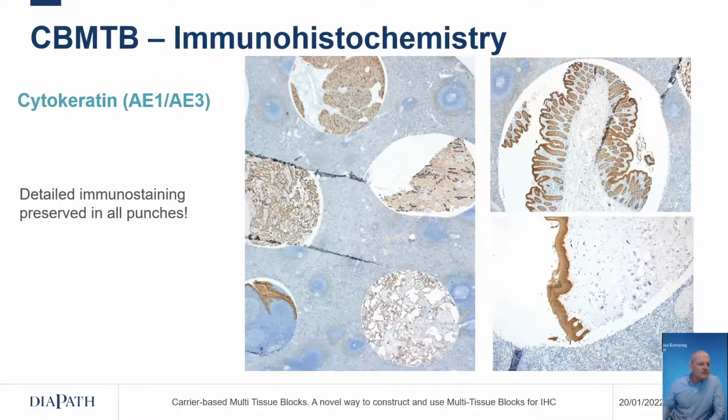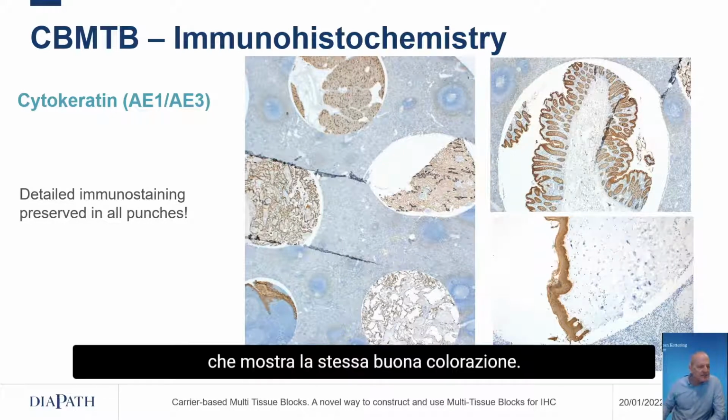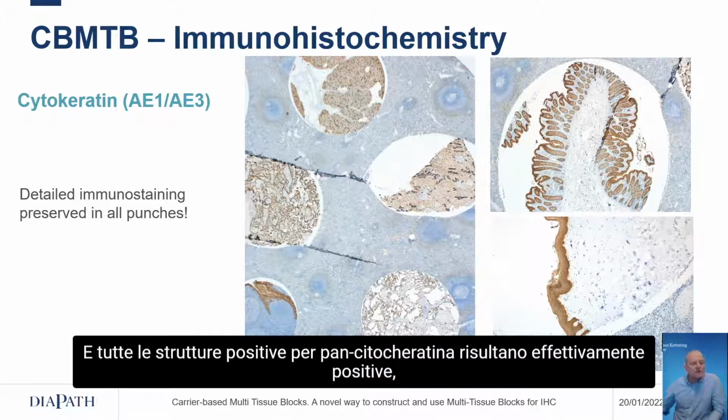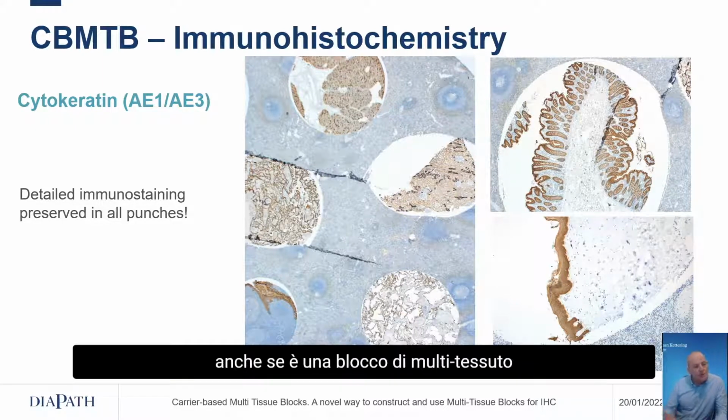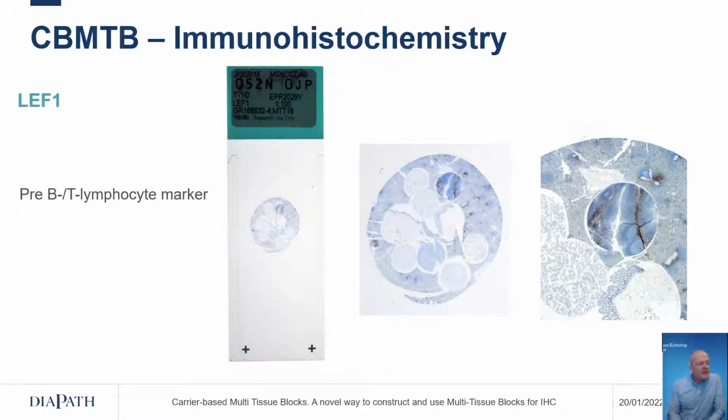And then another, this is the higher magnification illustrating the same good staining. This is placenta, this is the kidney, this is lung, and this is pancreas, and all the positive structures actually remain positive, even though it's a multi-tissue sample. So there's technically no problem that the tissues are not covered right, or because maybe the lung wouldn't stain well. No, it stains perfectly.